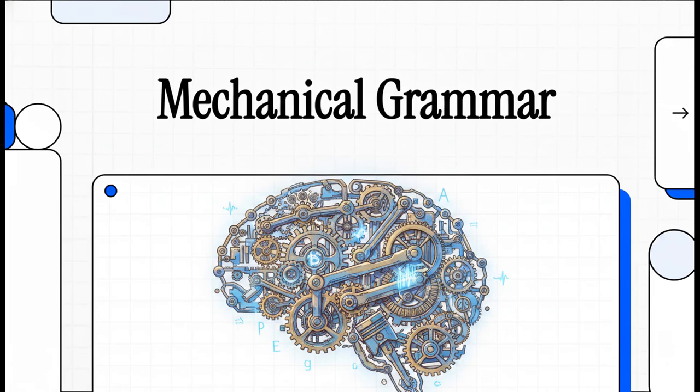Welcome to This Explainer. Let's dive right in and totally reframe how we look at English grammar. So often it gets a bad reputation as this chaotic, frustrating web of rules and exceptions that you just have to blindly memorize. But what if we looked at it differently? What if we treated it like a beautiful, logical set of mechanical tools? Because honestly, when you understand the actual architecture beneath the language, it stops being a chore. It starts becoming this incredibly powerful system that unlocks entirely new ways to express your reality.